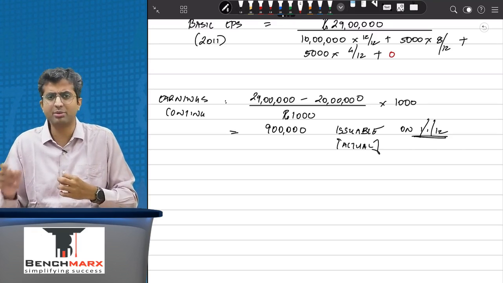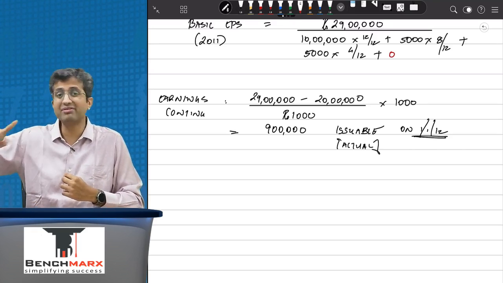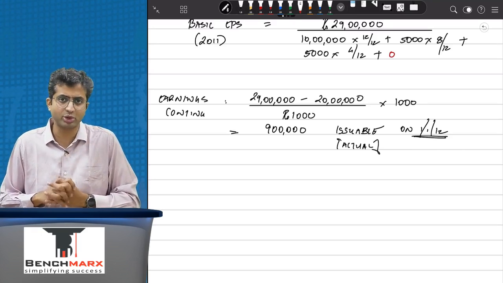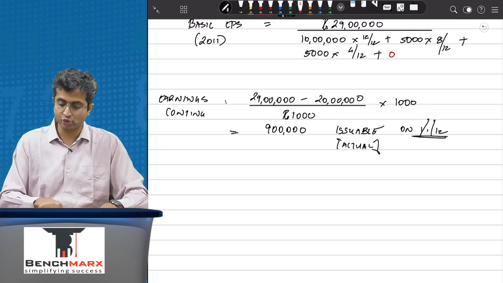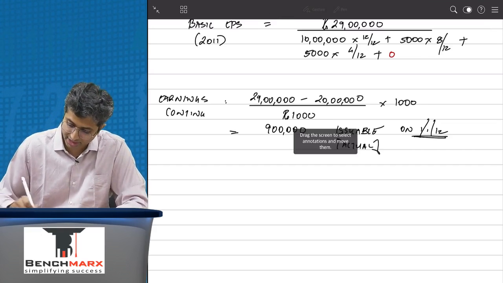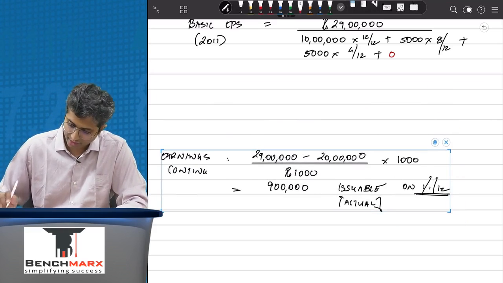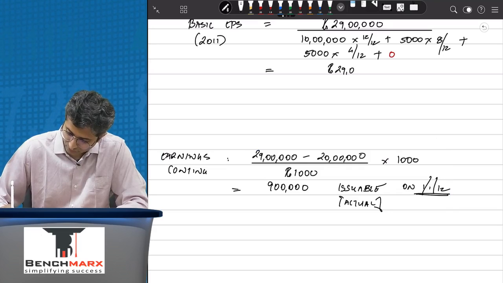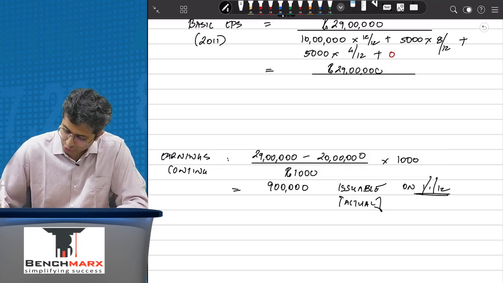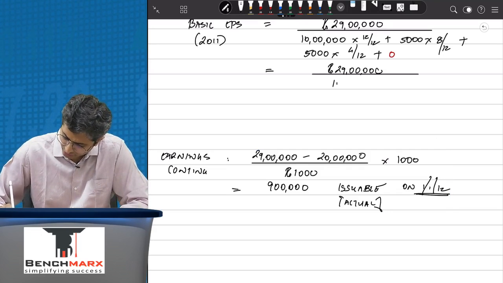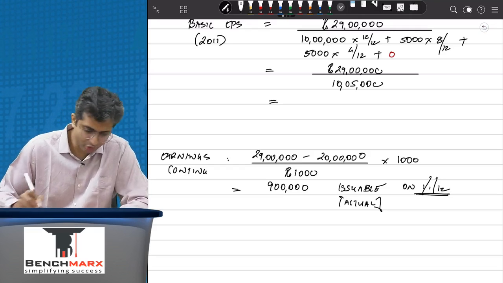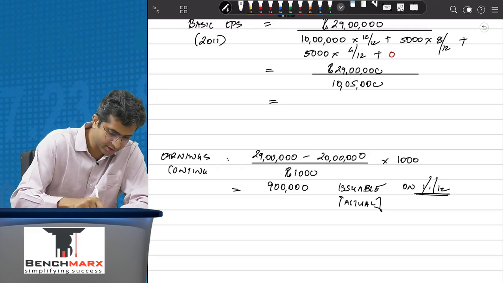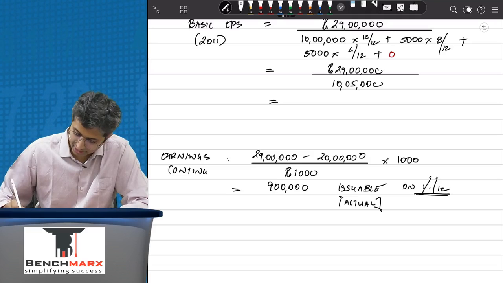In a similar way, these shares become issuable at the stroke of midnight of 31st December 2011, that is, for all practical purposes, from 1st of January 2012. And hence, nothing is actually issuable in the current year on an actual basis. And hence, if we do this calculation, this is rupees 29 lakhs, which comes in the numerator, divided by, I guess, if we do this working, you will get 10 lakh 5,000. And hence your basic EPS is